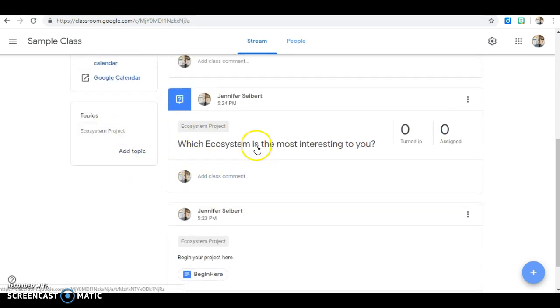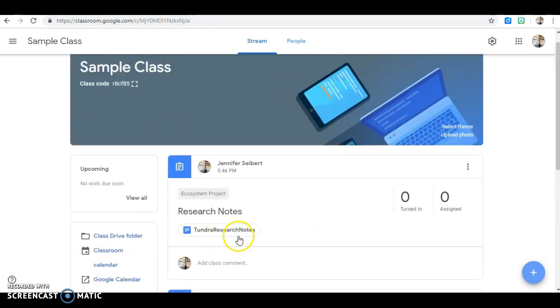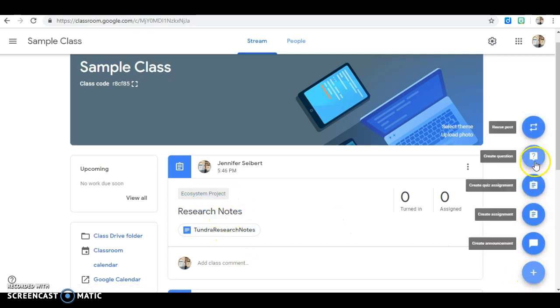Everything that goes with the ecosystem project would be easier to find versus if I mixed in the math questions or essays or different things like that. It would just make them easier to find. So then I would do the same thing